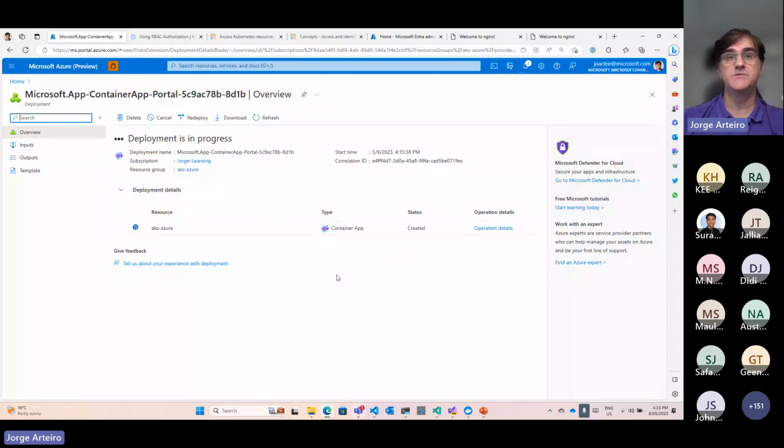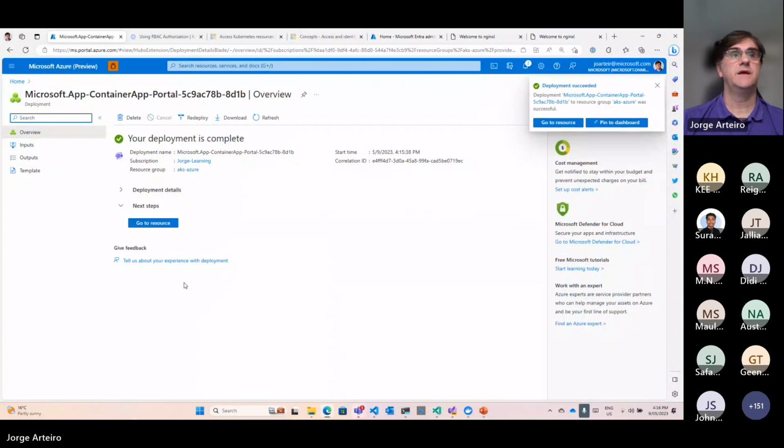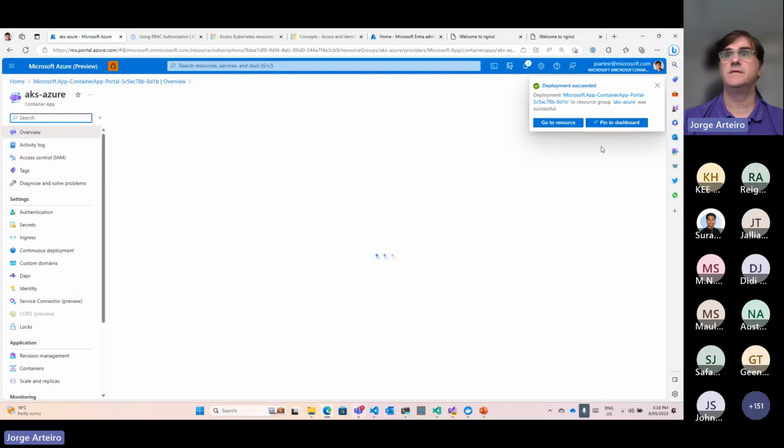In my case, I use Azure Container Registry that I'm going to show. Let me wait for this to be created. Should not take that long. And I can show where this image came from. There you go. It's already created now.